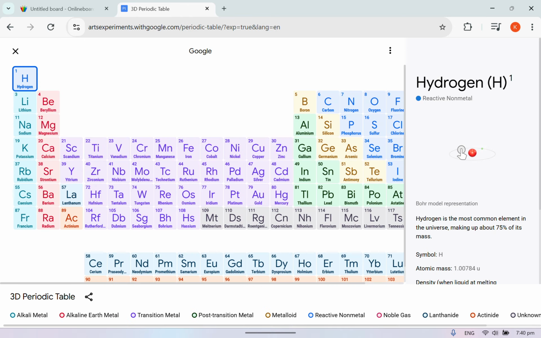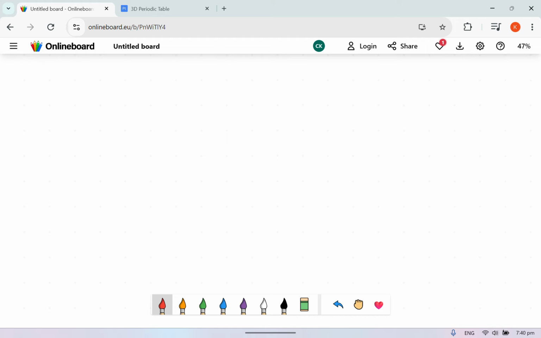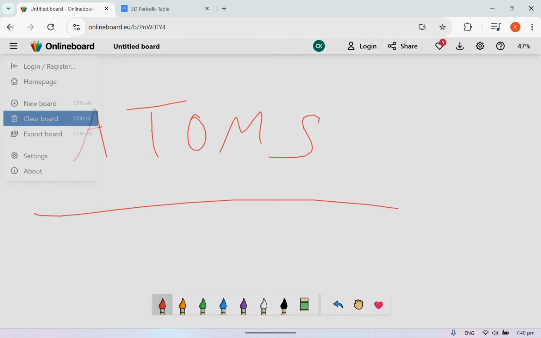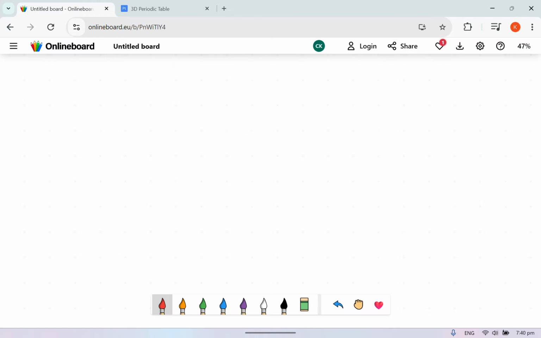Now, that's pretty much it for the periodic table. But now we're going to dive into, hey, what are elements? Firstly, we need to understand the tiniest unit. We need to tackle atoms. I'm not going to go through everything about atoms, but I need to explain what atoms are first.